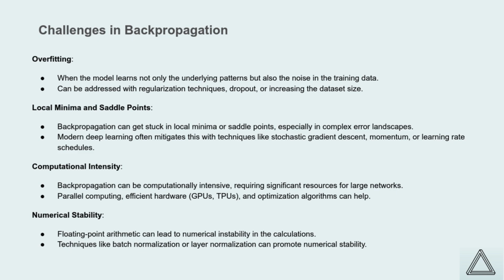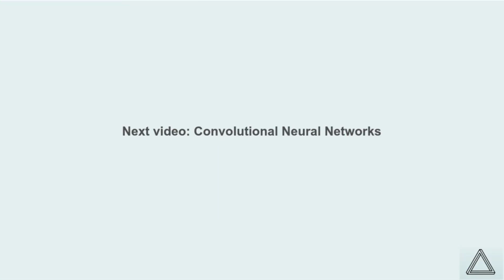Addressing these challenges is crucial for the successful application of neural networks across a variety of tasks. It requires a combination of good practices in model design, careful hyperparameter tuning, and leveraging advancements in hardware and optimization algorithms. As we conclude our exploration of backpropagation in neural networks, we look forward to the next installment where we